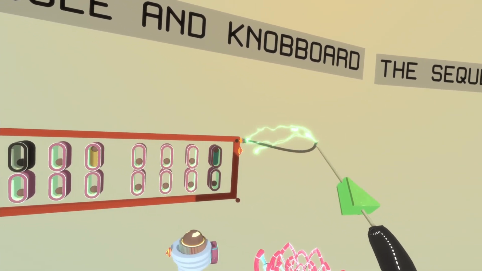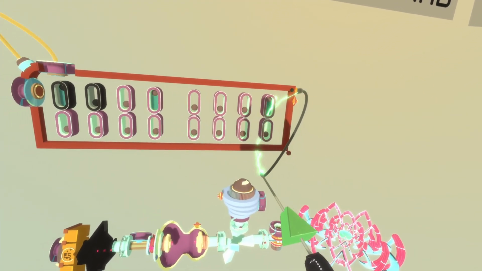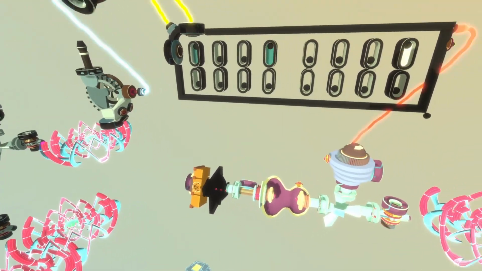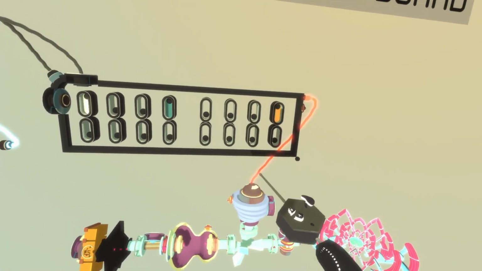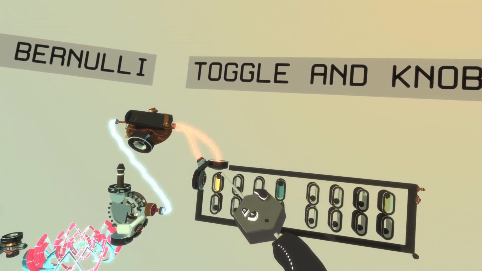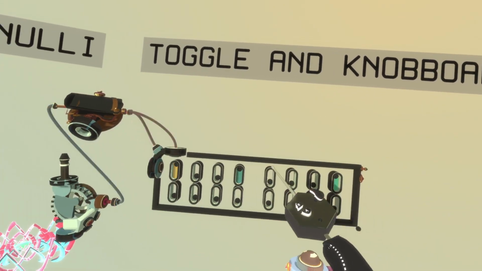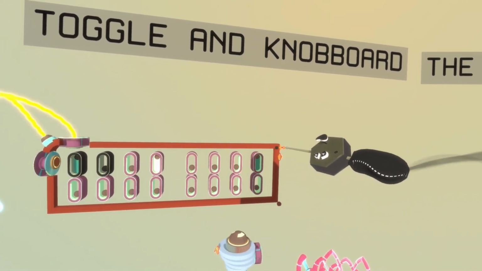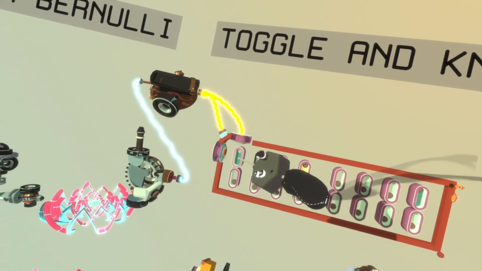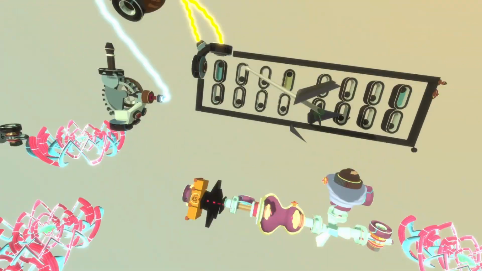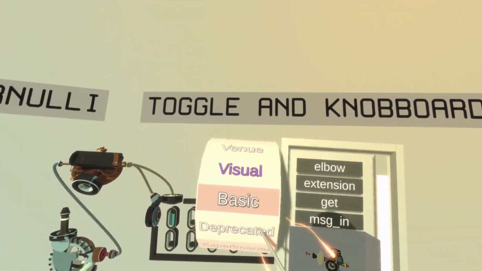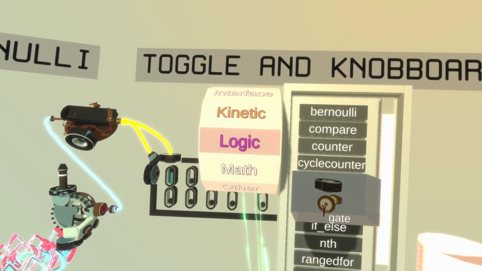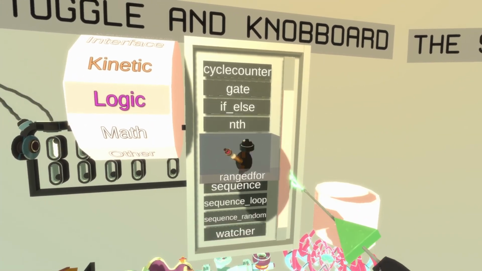And now we could try and connect this one to our decay, but we hear that it's going all the time. Why is that? That is because the output here fires no matter if the toggle is on or off, but the value of the jolt coming out of here will be 1 if the toggle is on, or 0 if the toggle is off. So to deal with that, we're going to go to logic,